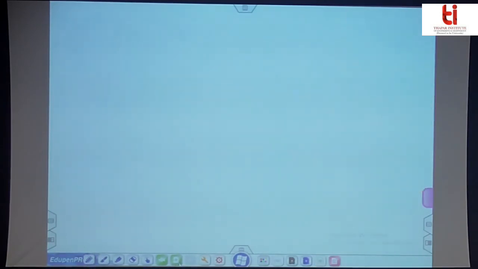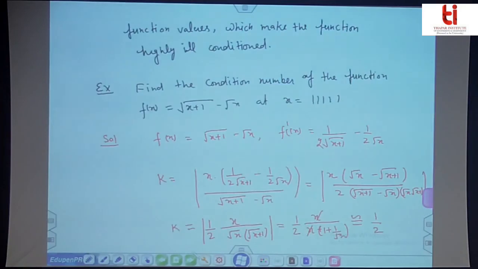So in this case, the condition number is coming out to be less than 1. This condition number is less than 1. According to it, it should be well conditioned. Okay. But